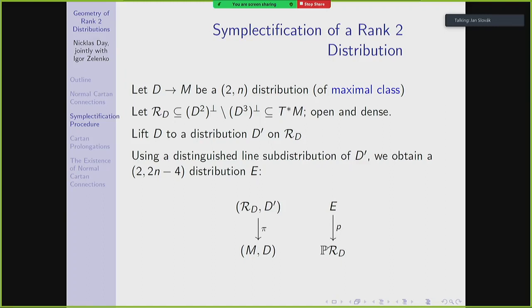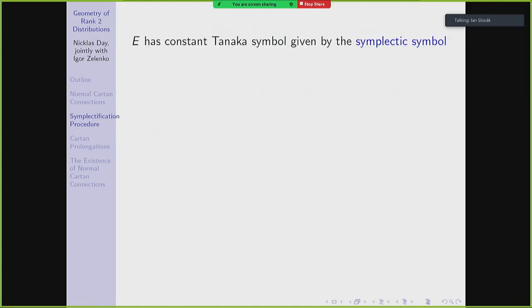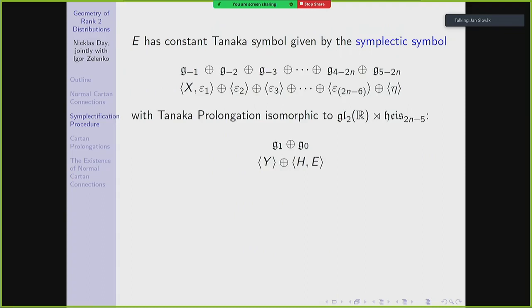And you might say, why do we want to do this? Why do we want a different rank 2 distribution than the one we started with? Well, this isn't just any rank 2 distribution. It has some very nice special properties. For one, the Tanaka symbol of E is actually constant already and independent of the original distribution. So our constant Tanaka symbol is actually the algebra that I introduced before, the symplectic algebra. And maybe it's worthwhile to note the grading here, that epsilon 1 has weight -1, so this is the 3-dimensional G plus. When you prolong, you get the entire symplectic algebra. You start with a subalgebra of it for the symbol.